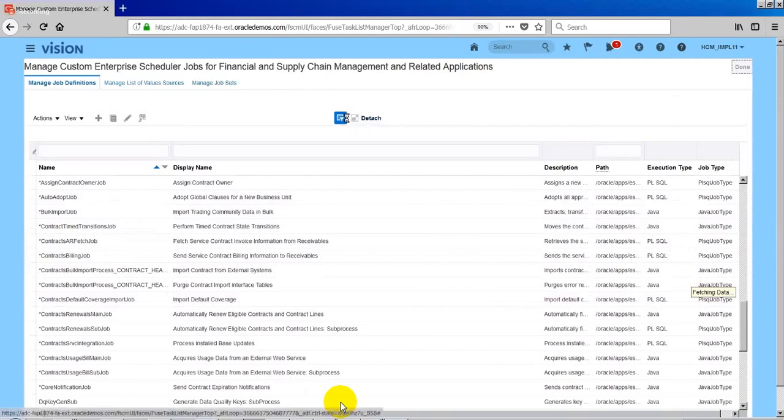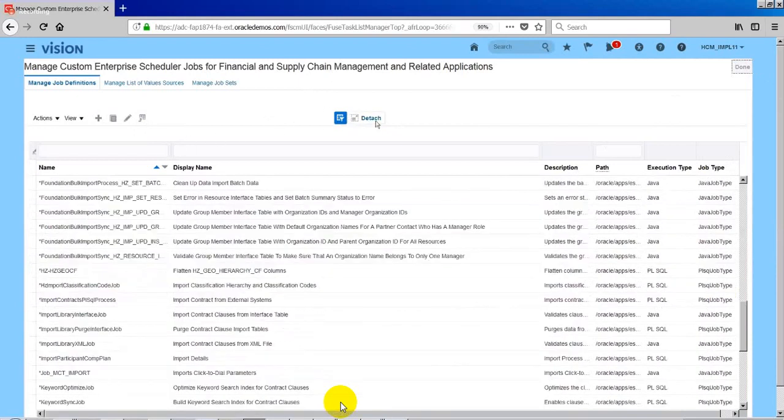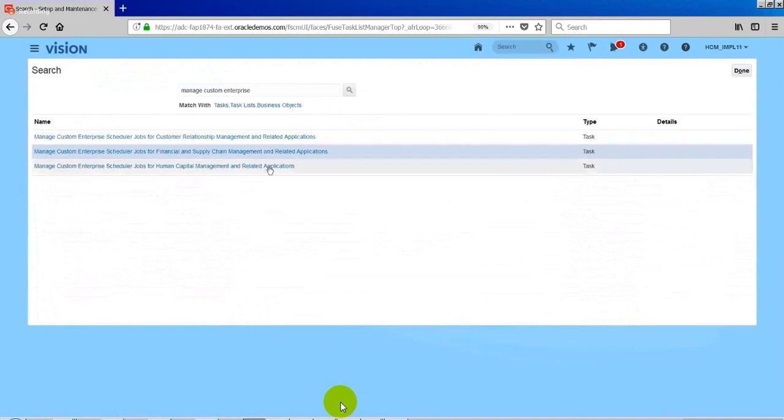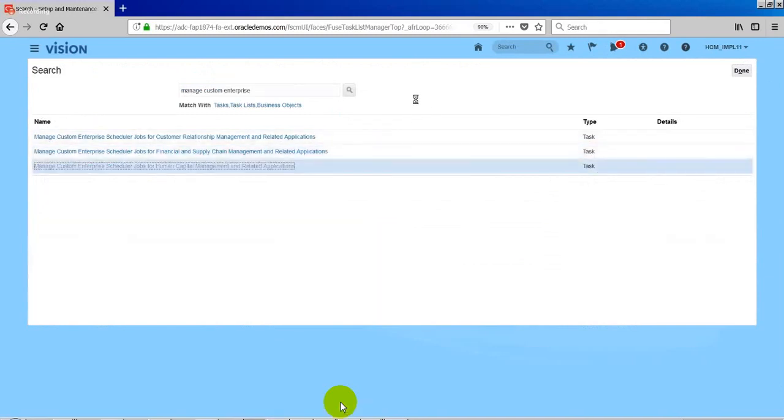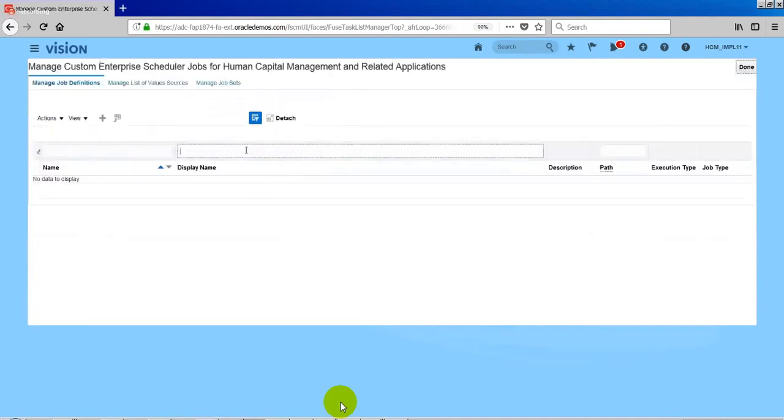Till now we have seen only the send pending LDAP request and retrieve pending job, right? So I will take the source name of that, and with that name I'm going to create my own job definition. That's my intention. So let me get the program unit details of that.